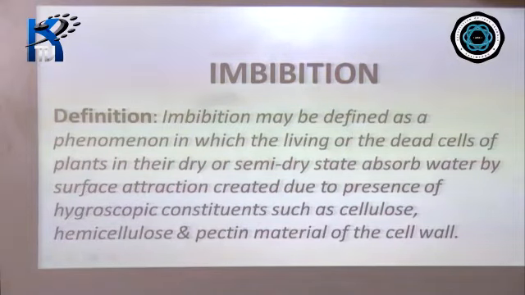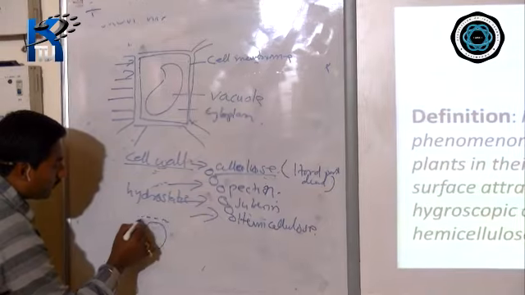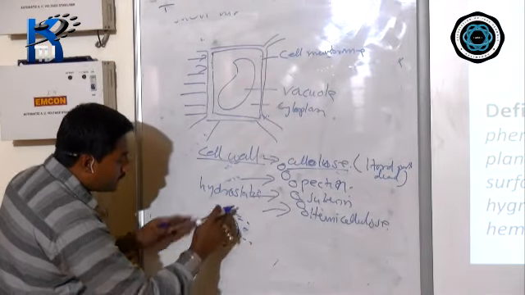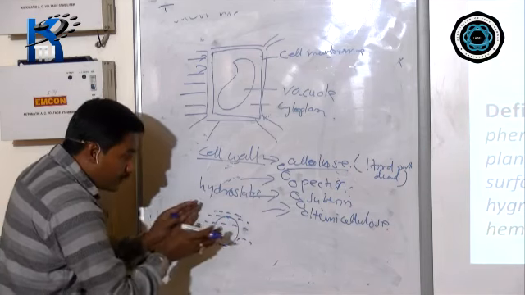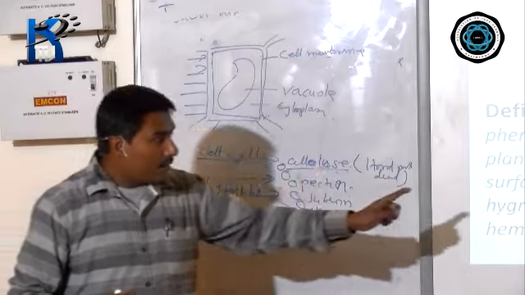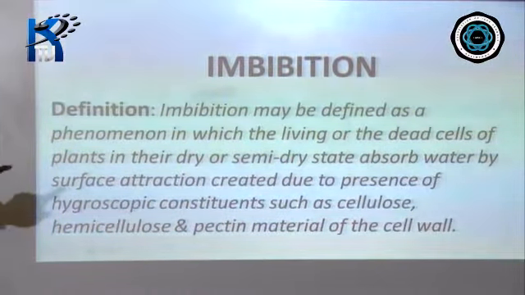When I say surface attraction, take any part of the plant, with water surrounding it from every side; it is being imbibed on the surface. This is created due to the presence of hygroscopic constituents such as, as I told you, cellulose, hemicellulose, and pectin, the material of the cell wall, and it leads to